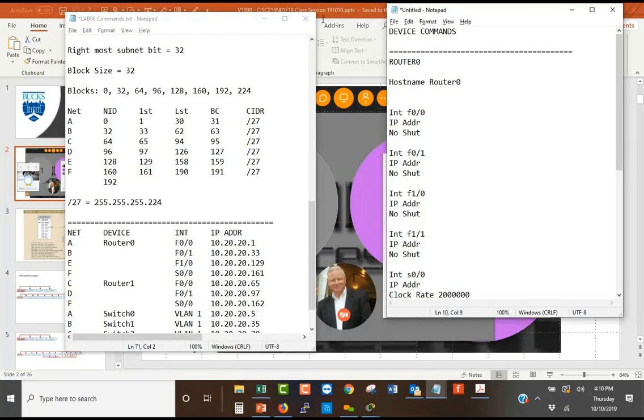So on router 0, we're going to have 10.20.20.1 with a 255.255.255.224 mask. Okay. And we're going to do a no shut. Okay. On 01, we're going to configure 01 to be